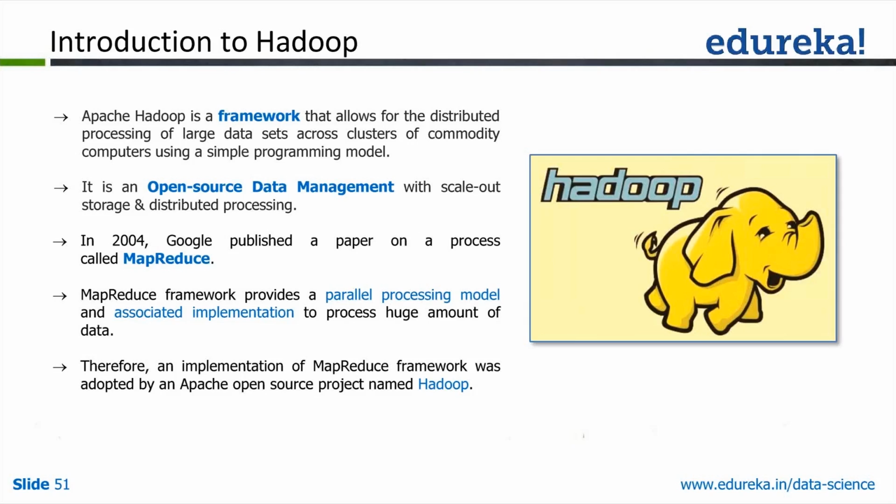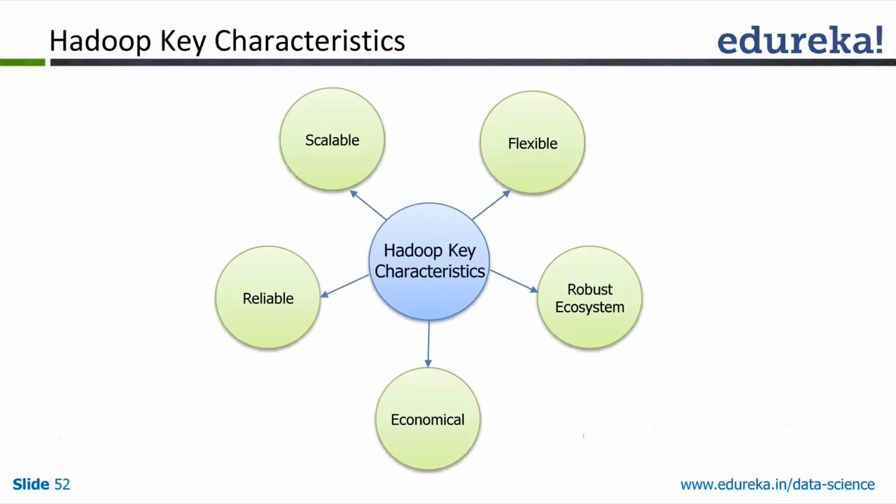Okay. It's open source, and therefore there are many distribution companies like Cloudera and Hortonworks. Actually, many other companies have their own distributions of Hadoop, like IBM and Oracle, and of course Cloudera and Hortonworks also have their own distributions of Hadoop.